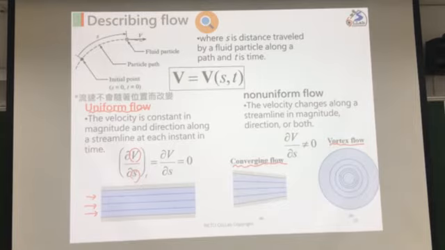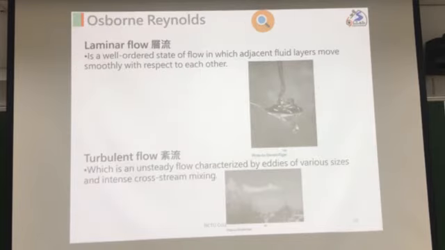So here the most important point is if the velocity doesn't change with the spatial location, that means the gradient is 0, so we call that uniform flow. But in real cases, it is very difficult to have uniform flow. Usually our flow is non-uniform flow. And there are two important flows: the first one is laminar flow and the second is turbulent flow. And there are some physical definitions,